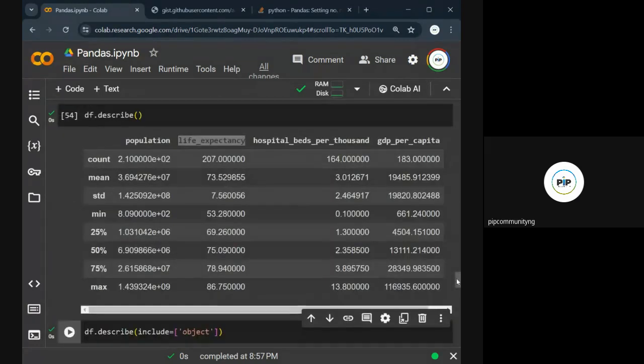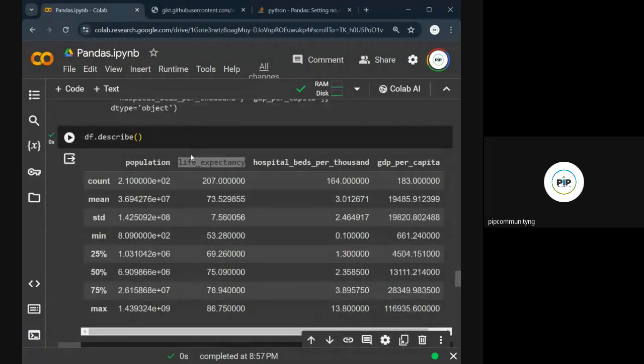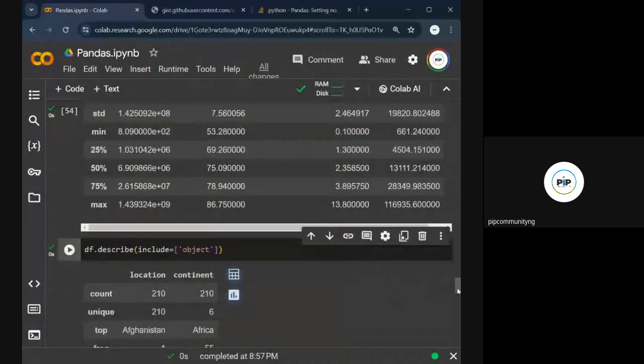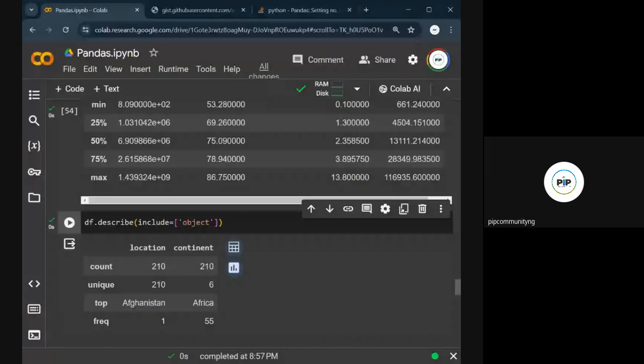So this is different from this, you can see. Dot describe gives you the numerical stuff, the statistical stuff. But dot describe and then you pass include objects, what it is going to give you is that,